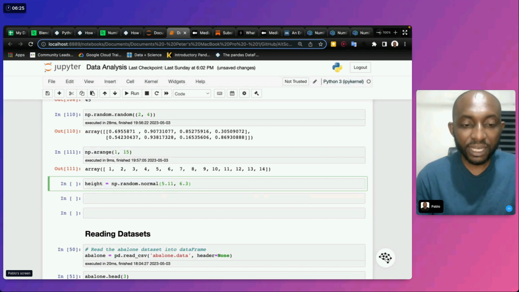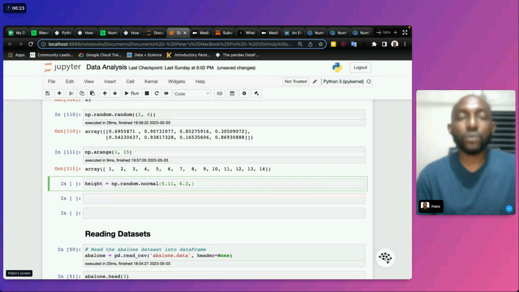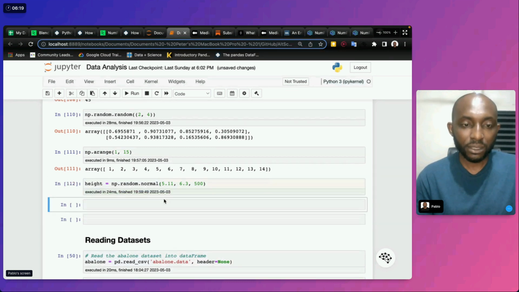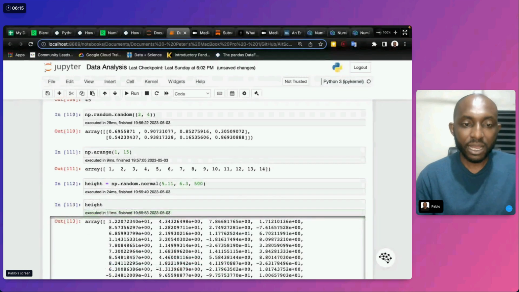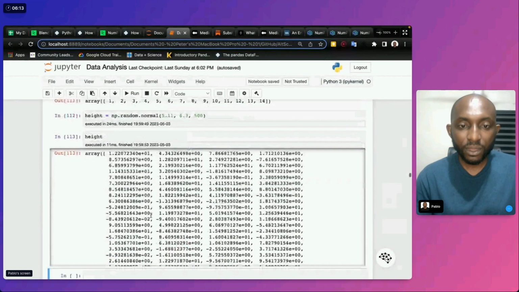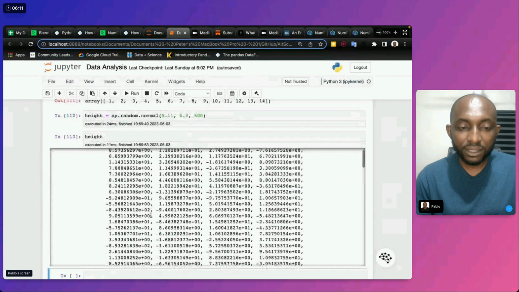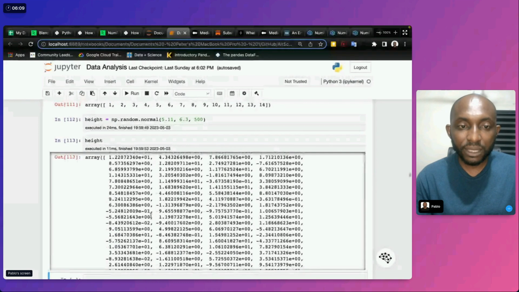And I want to generate that for 500. Then if I check height, I have an array. You can see it will just generate all those numbers.